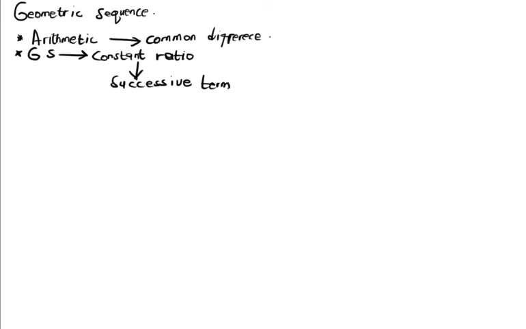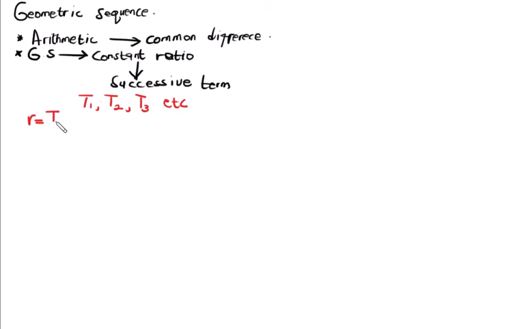What we really mean by saying terms are successive is, we talk about term number 1. After term number 1, the next term is term number 2, and the next term is term number 3, and so on. When we talk about this ratio, we refer to it as R. So we say R, which is the ratio, must be